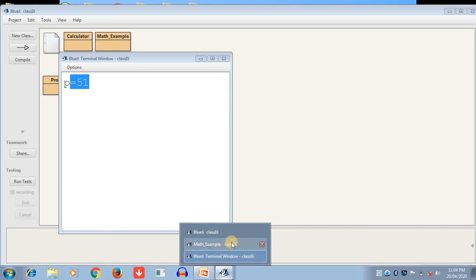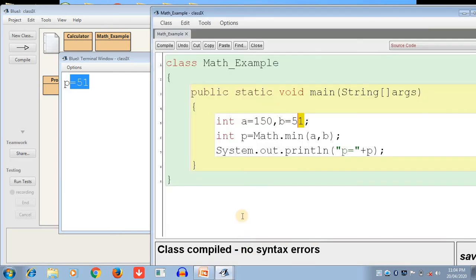What is the definition of the minimum function? It returns the smaller of the two arguments. What are the arguments? The first argument is a and the second argument is b. The two arguments should be of the same data type as the return value. So the min function is an overloaded function.